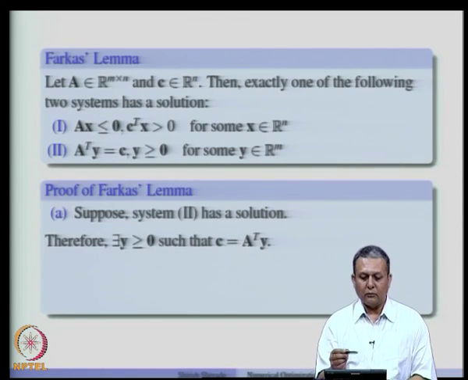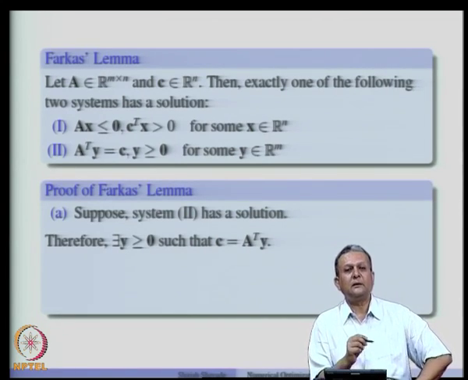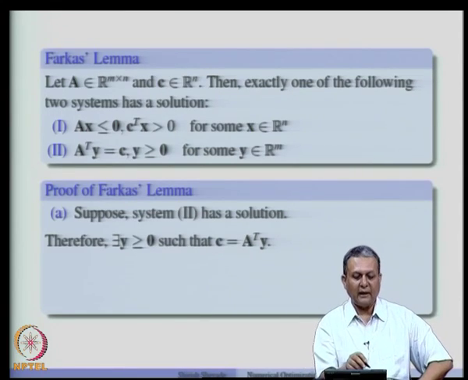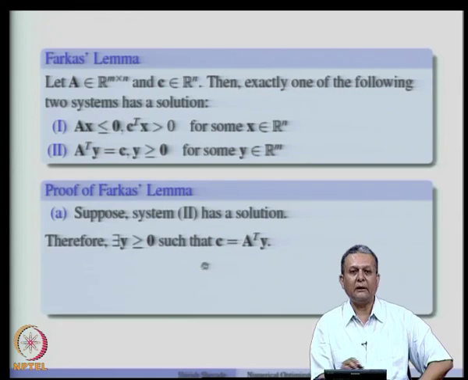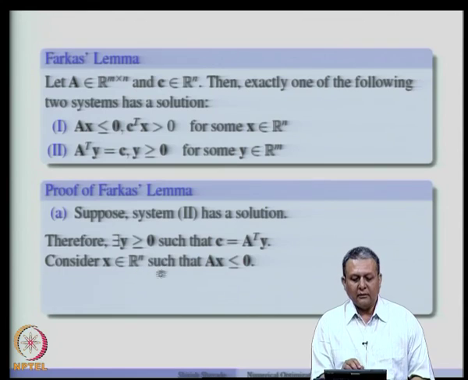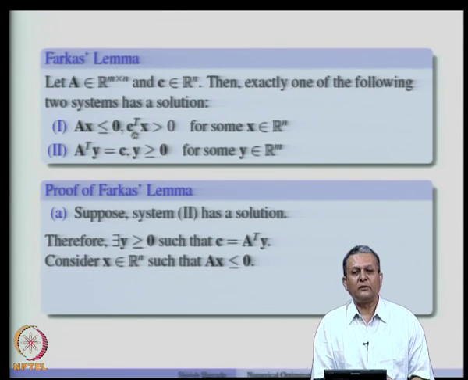Okay. Now, let us take some x in R^n such that Ax is less than or equal to 0, and let us see what happens to C transpose x. What we are interested in finding out is what happens to the dot product of C and x. So, if we take C transpose x,